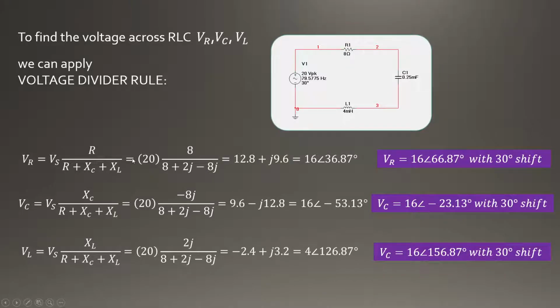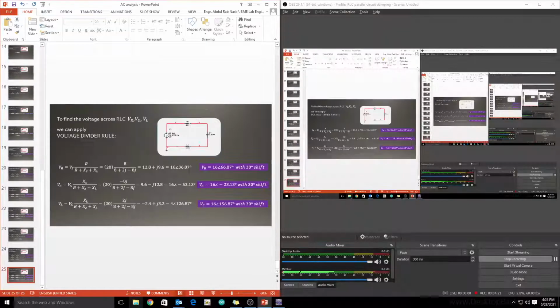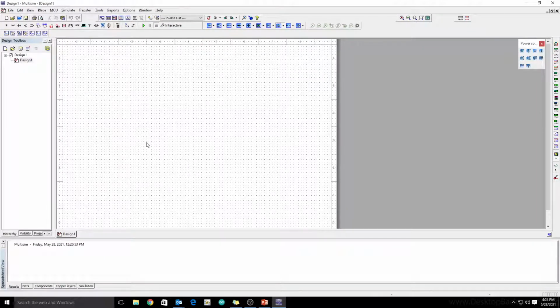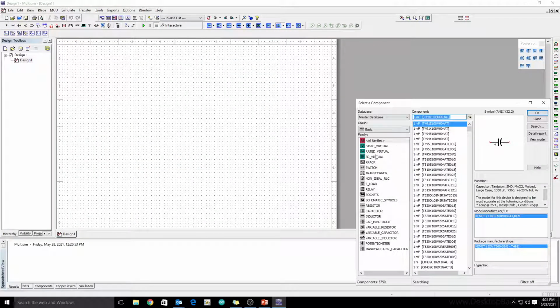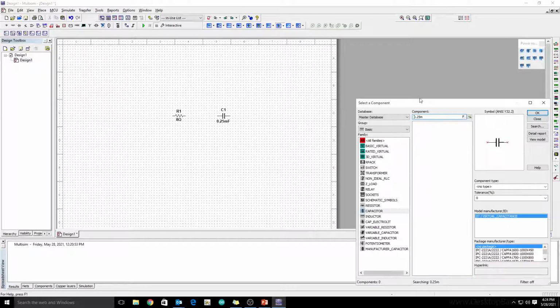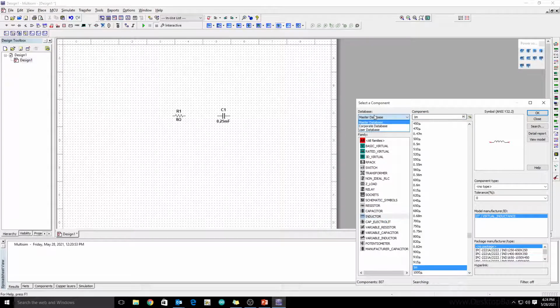So let's move towards the Multisim part and do the simulation. First we have to draw the circuit. We need a resistor of 8 ohm, a capacitor of 0.25 milli, and an inductor of 4 milli.